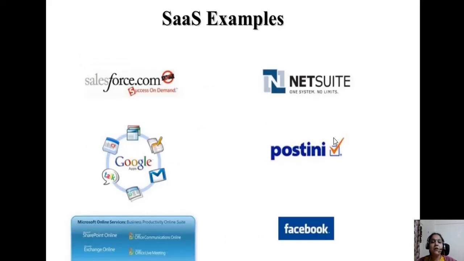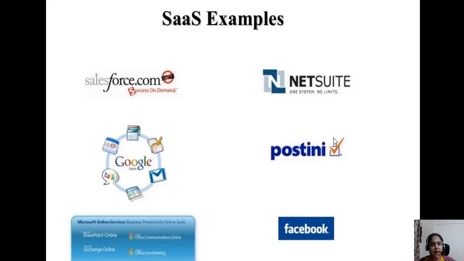These are the examples of SaaS. As I have mentioned prior, salesforce.com is a very big platform, dear student. It is being used for PaaS and it is also being used for SaaS. Then we have Google Apps also. In Google Apps we have a lot, like Gmail, then Google Talk, and along with